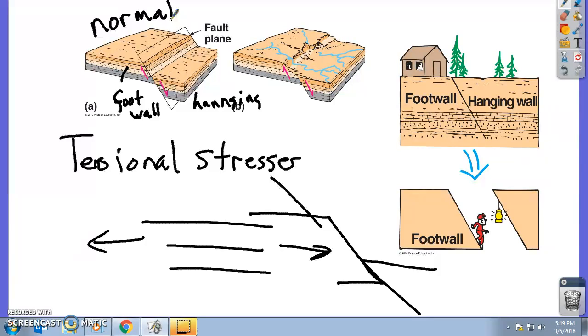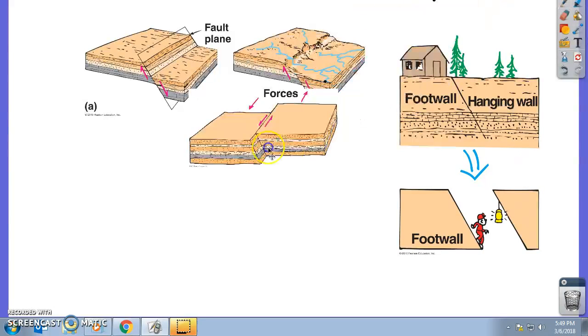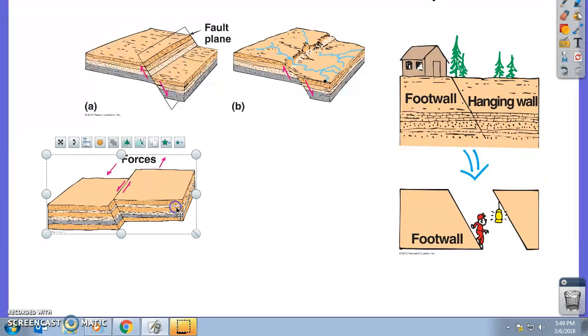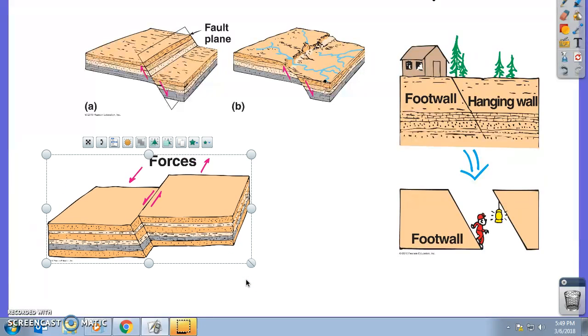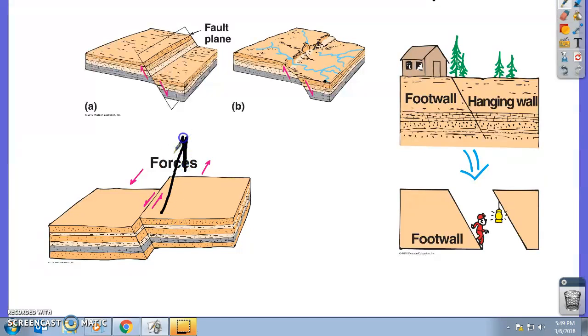Now, the last type that we're going to talk about would be a strike slip fault. All right, and that would be this one here. In this case, you have two layers, and instead of being pushed together or pulled apart, they are going to go sliding in opposite directions. Okay, so this one's being pushed that way, this one's being pushed this way, and so they're striking where they hit each other, and they're slipping